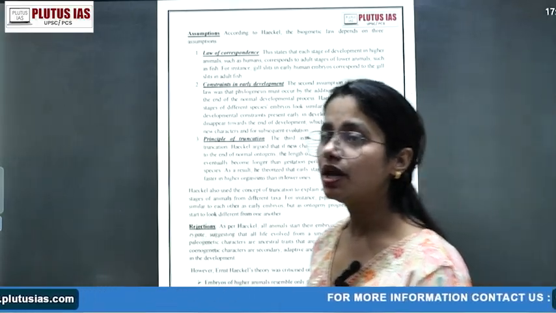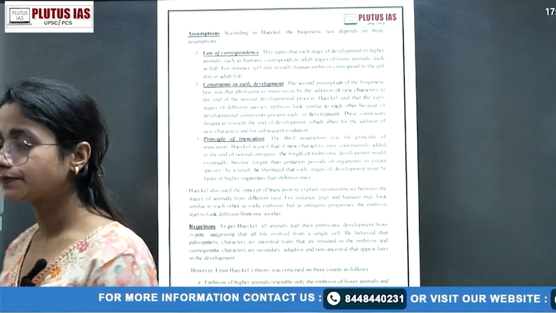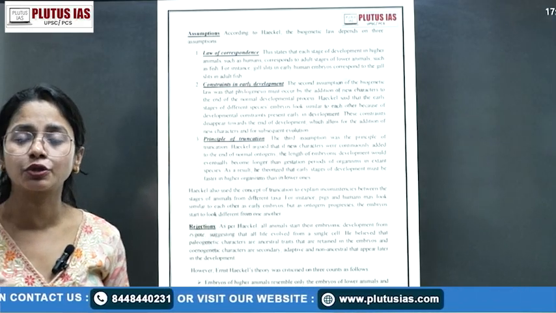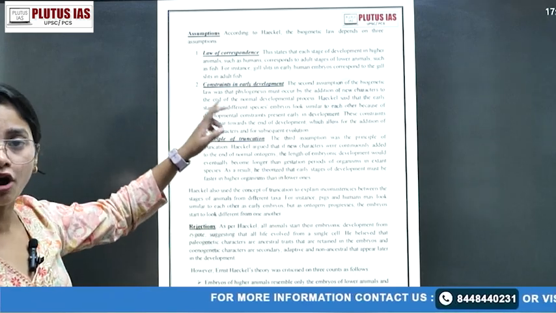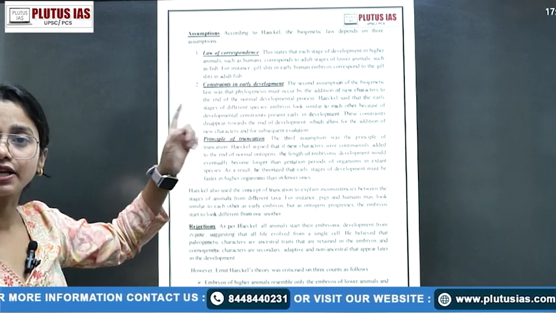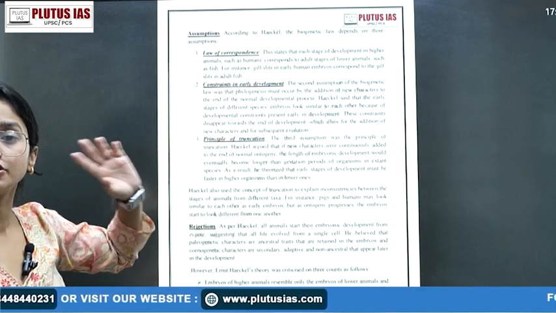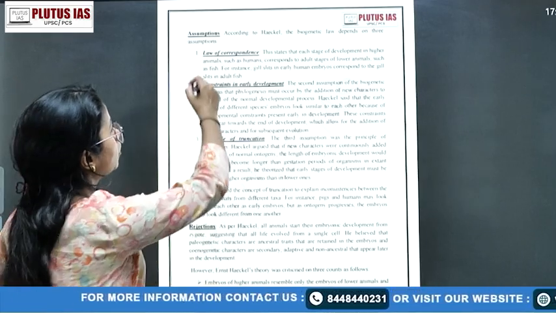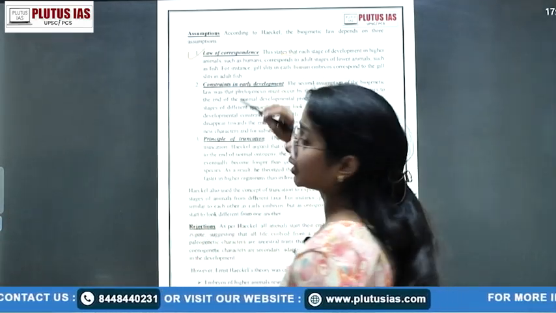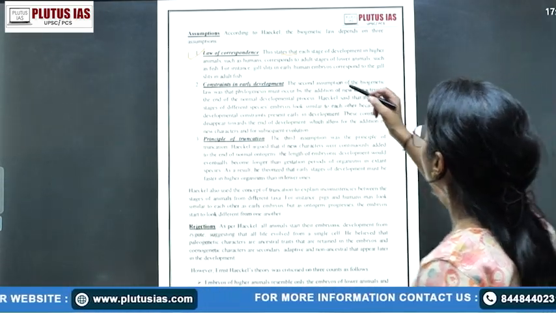Okay, what are the assumptions? To establish this theory, Haeckel gave three assumptions. The first is the law of correspondence, the second is the constraints in the early development, and the third one is the law of truncation. We'll talk one by one. So what is the law of correspondence? This states, just listen carefully,